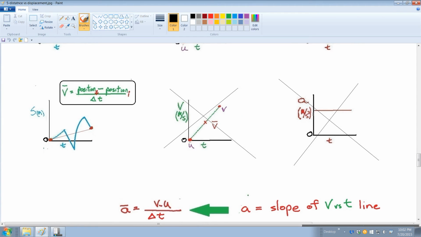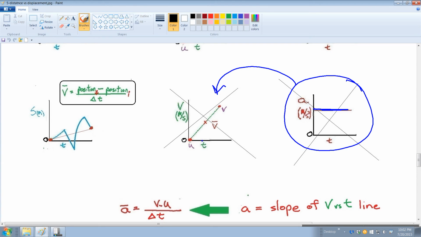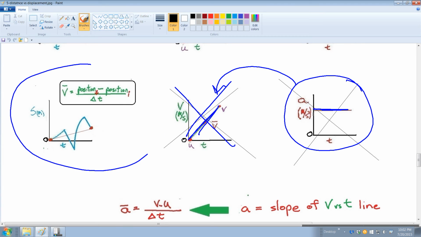Now this is a situation where you don't have constant acceleration, which is not typically what you see. But if you did have that, then it wouldn't look like that. The velocity versus time graph would not be a straight line. So the displacement curve, if you had a non-uniform, non-constant acceleration and a non-linear velocity curve,